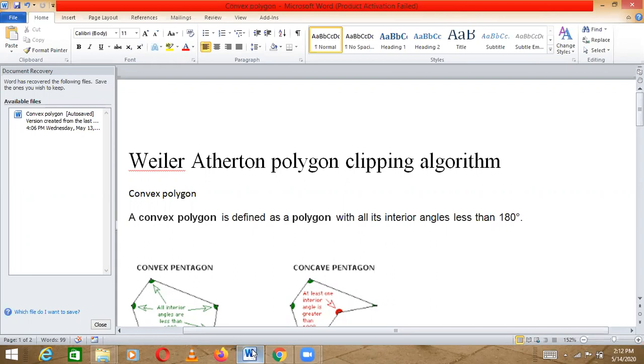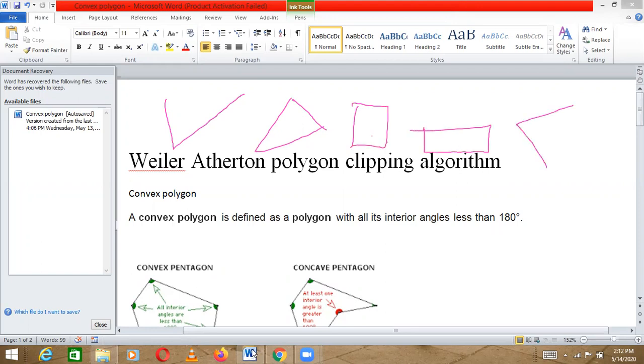Like if we have two lines which are not making a closed circuit like this, then this is not a polygon. If you make it like this, now this is a closed circuit, right? So now this is a polygon. And it could be in any shape. It could be like a square, rectangle, or pentagon.